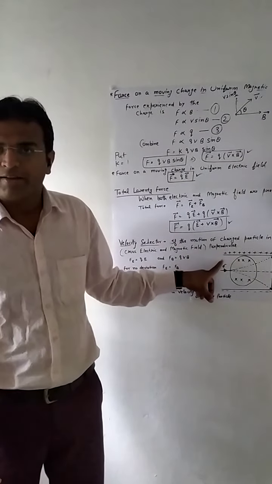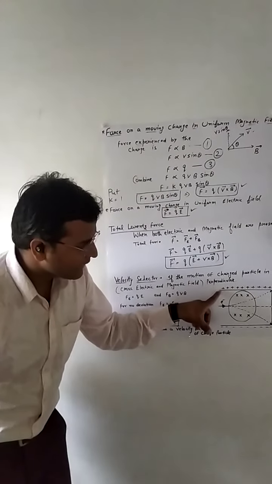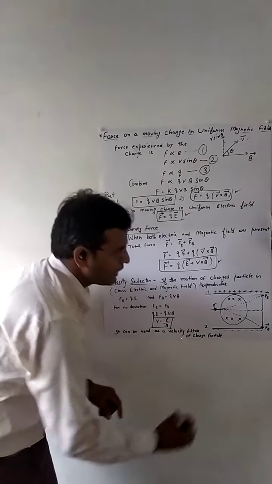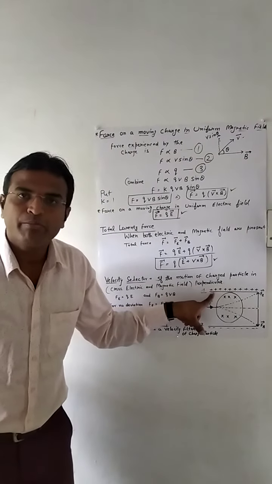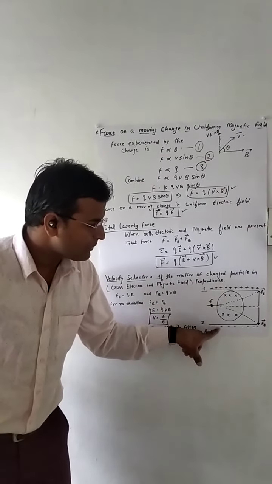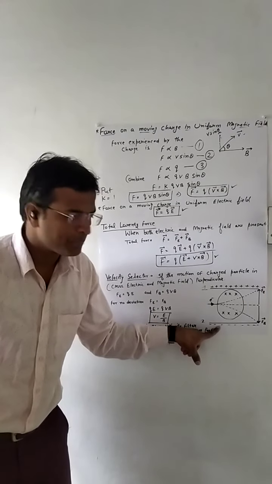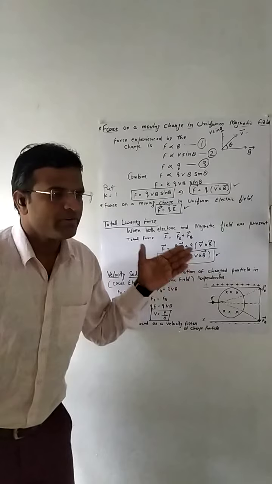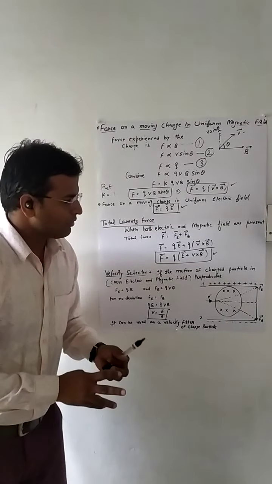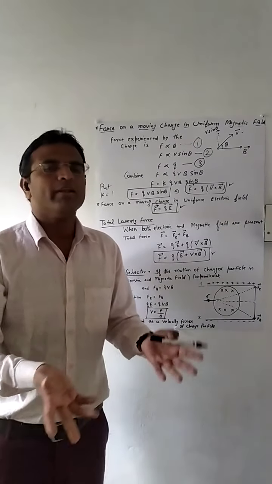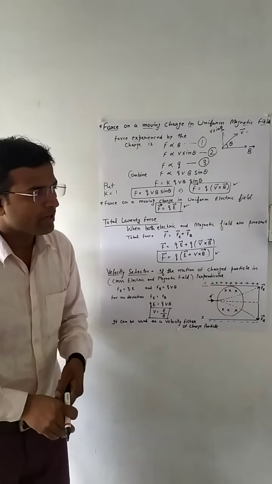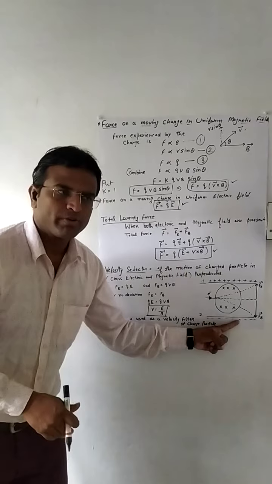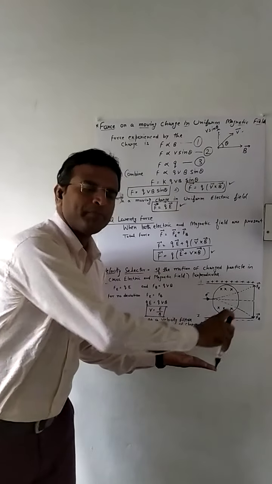See this diagram. There are two plates, 1 and 2. One plate has positive charge, the other plate has negative charge. Why do we produce these positive and negative charged plates? Due to the electric field. Okay, the direction of the electric field is from positive charge to negative charge. The direction of the electric field is top to bottom.